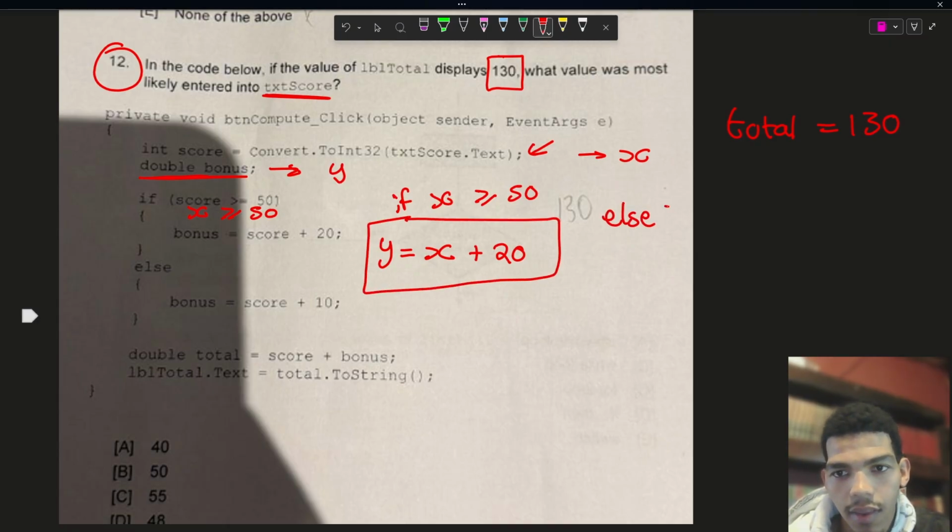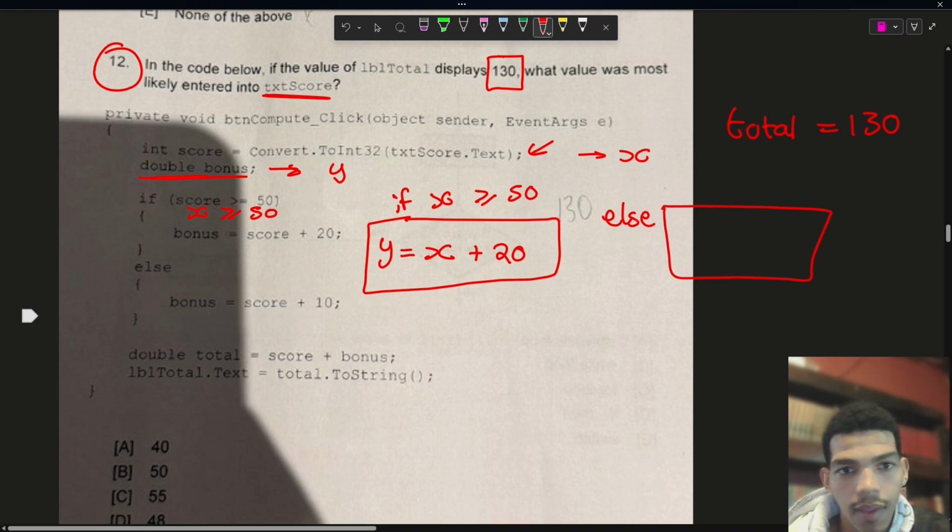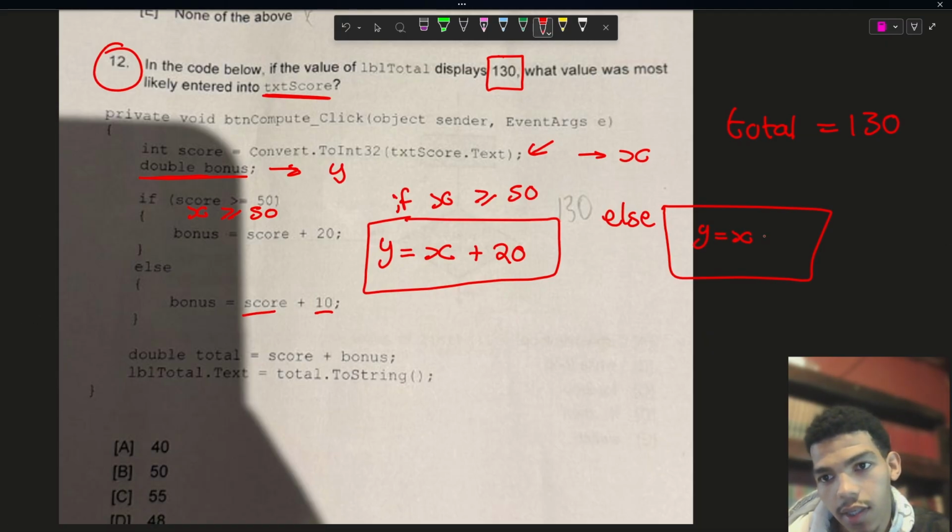Else, bonus, y is equal to score plus 10, x plus 10. Does it make sense? Yeah. And then total,